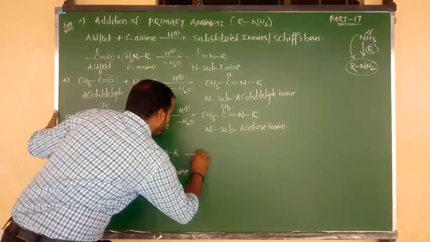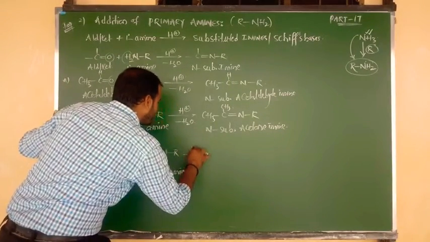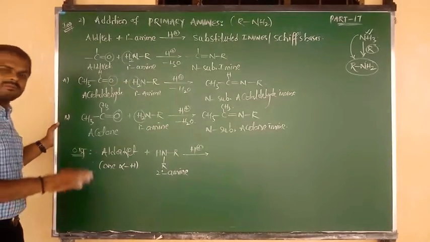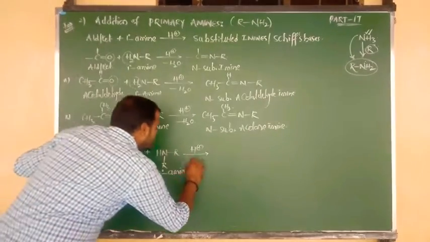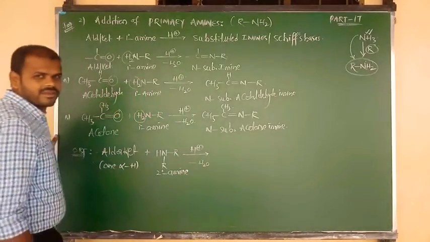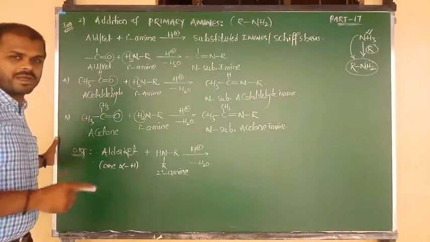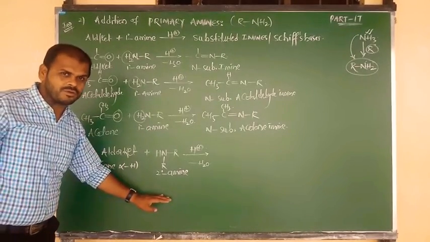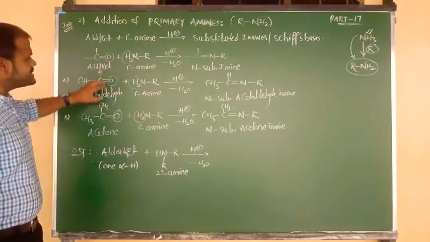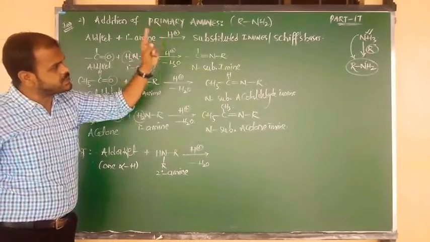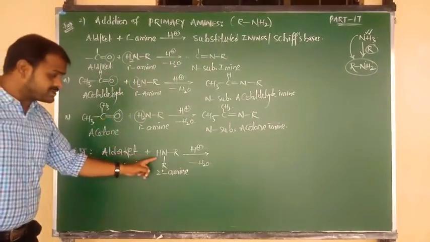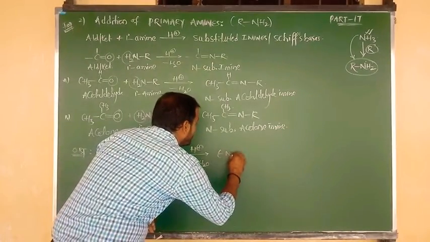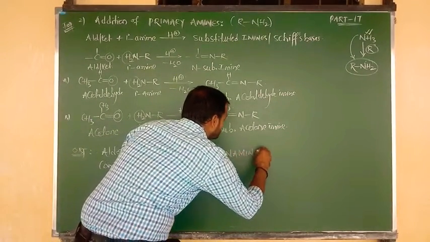Again, addition of secondary amine takes place in the same medium, that is acidic medium. After addition of secondary amine, we get the addition product followed by elimination of a water molecule. Now what will be the product and how to remove the water molecule? That is the question. Here I am going to show you an example, but before that try to remember the product. Aldehydes and ketones with primary amine give substituted imines. Aldehydes and ketones on reaction with secondary amine form a very important product. The product name is called